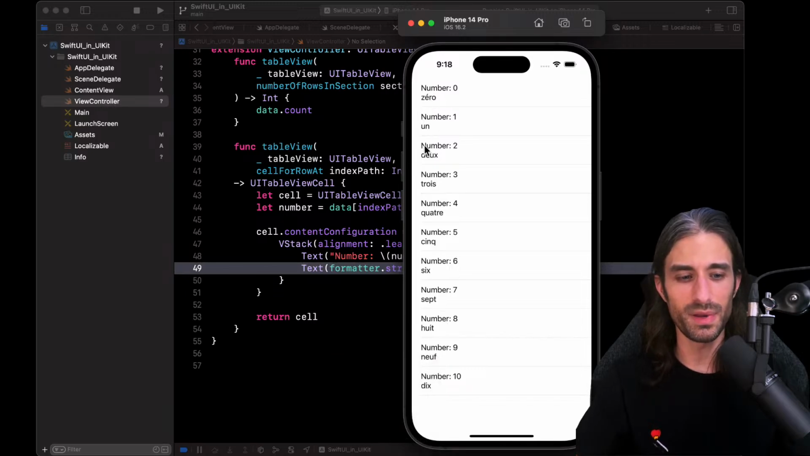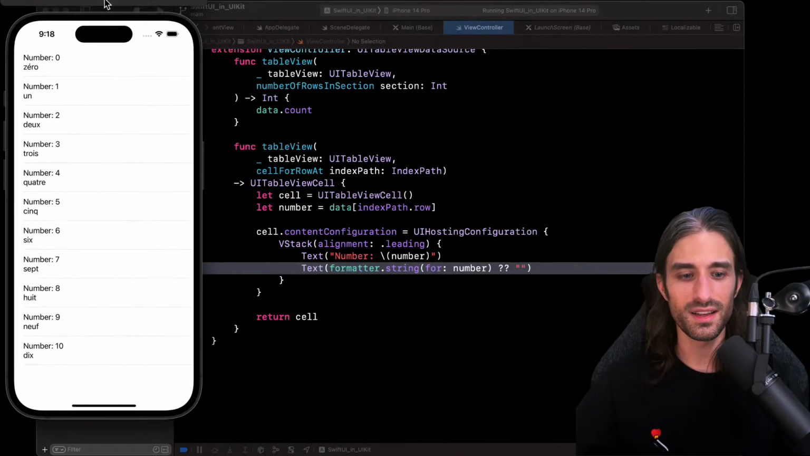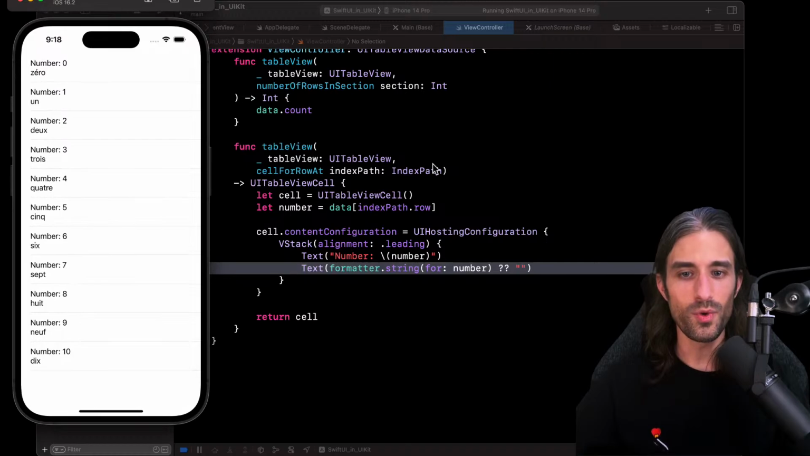And you can see, yeah, they are spelled out in French. So if you ever wondered how the numbers from 0 to 10 are spelled out in French, you've got the answer. That's the bonus of this chapter. And you can see that with this new iOS 16 API, we are able to use SwiftUI content inside UI table view cells,